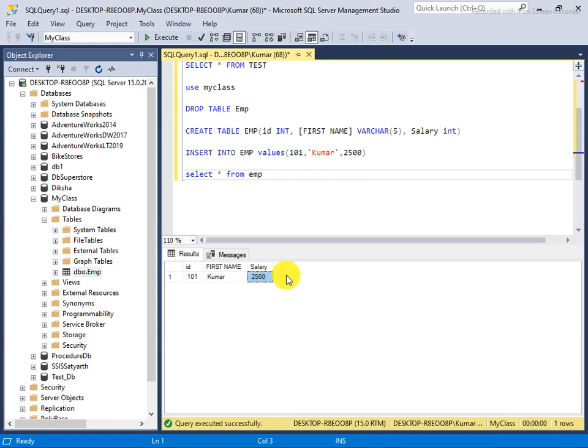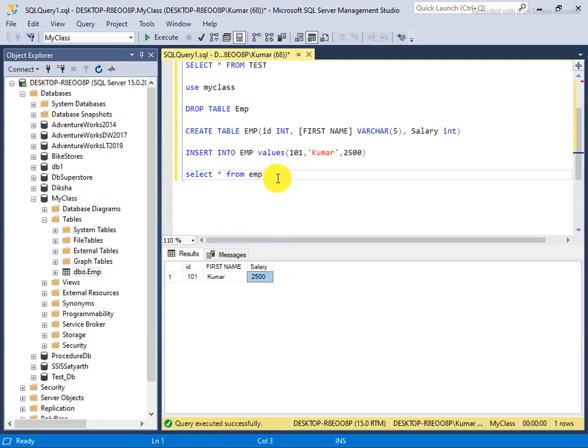Like if we want a department column here, how will we add an additional column?